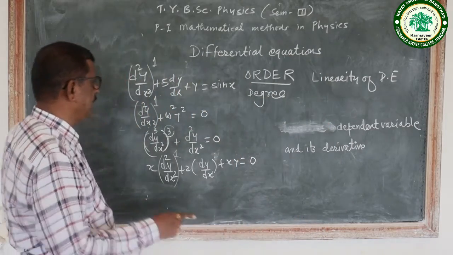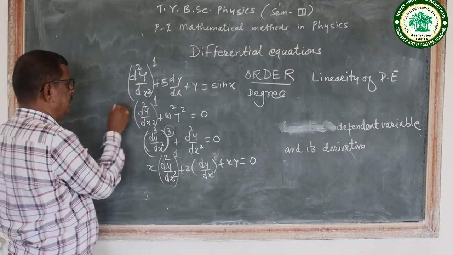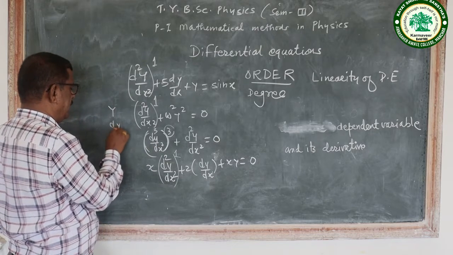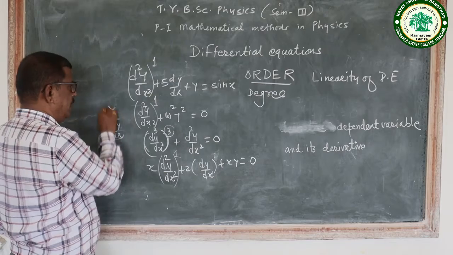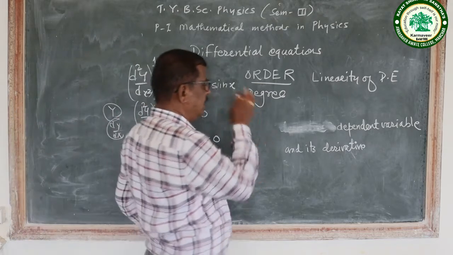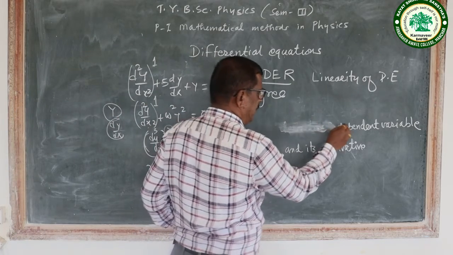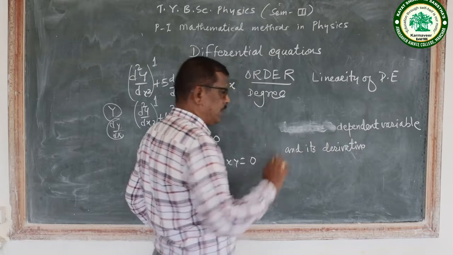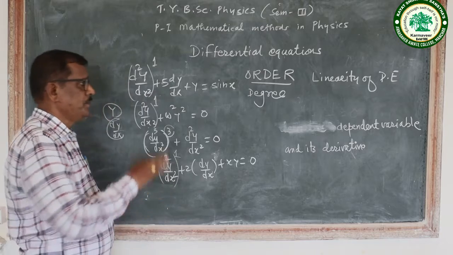See, dependent variable and its derivative. Here the dependent variable is y and what is its derivative? That is dy by dx. If in a differential equation the product of the dependent variable and its derivative